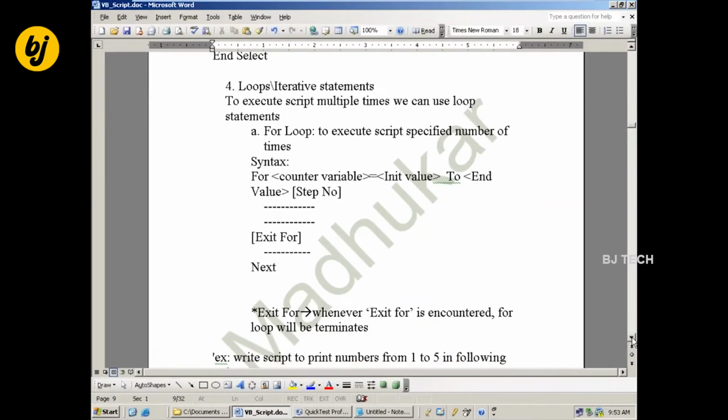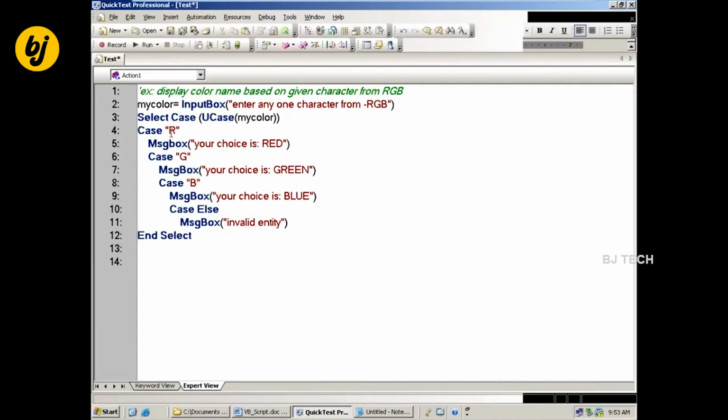Select case. We can give a condition also. We give select case, then we give some value that we read from the user input. Instead, we can give a condition also. No, only an expression we can give. Expression means we can't go for what we are expecting, only that. Here the condition is going to be checked.